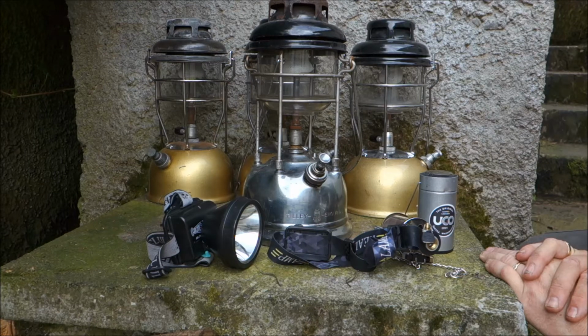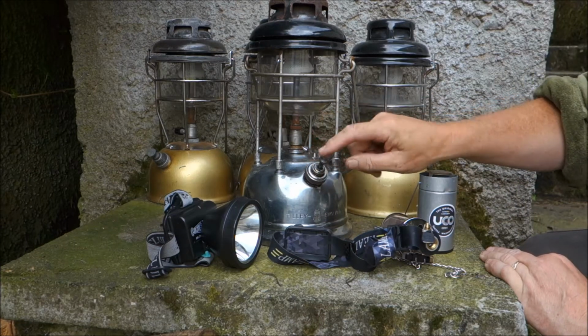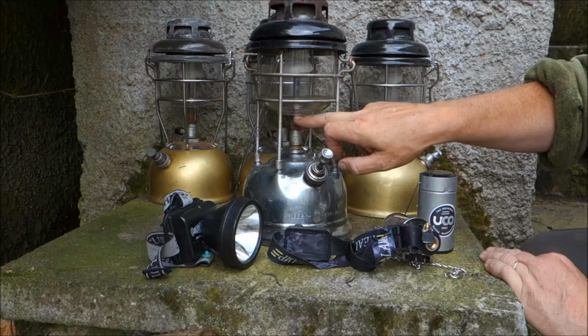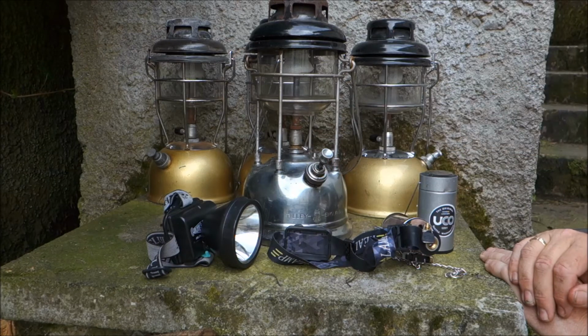When you get a second-hand tilly, it's not going to work. The seals in the pump are going to be gone, the cork in the pump is going to be gone, there's going to be no mantle, the seals in the pipe here, they're going to be gone. But simply